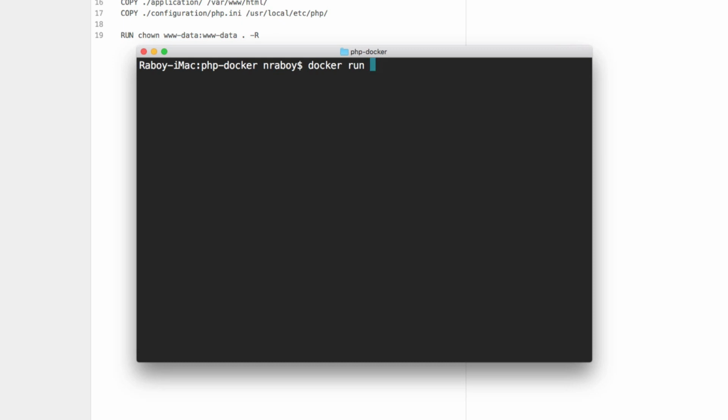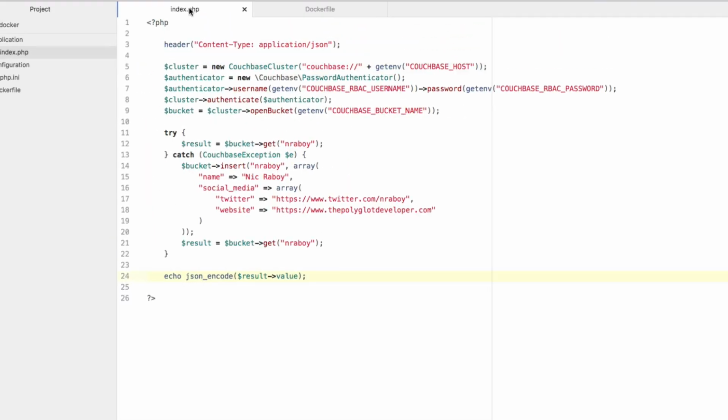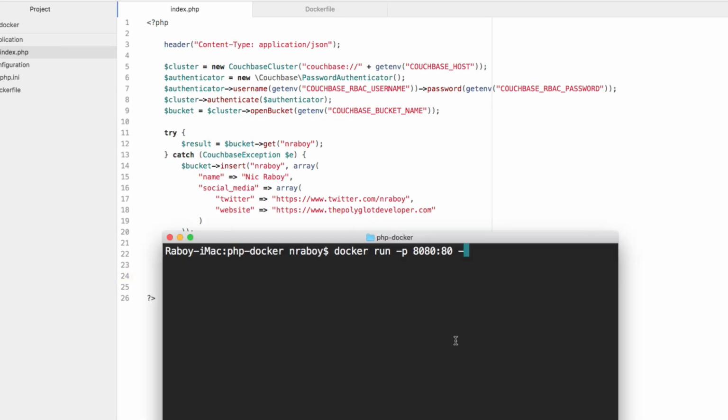So we're going to say docker run. We're going to provide it a port that we can access it on, so 8080 from the host, 80 from the container. We're going to pass in some environment variables because remember, if we go to index.php, we have environment variables that we need to pass in when we deploy this container because the actual values of these variables are not part of our image. So we can say -e Couchbase host. In this case, my host